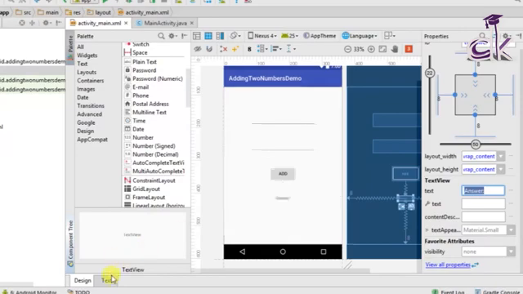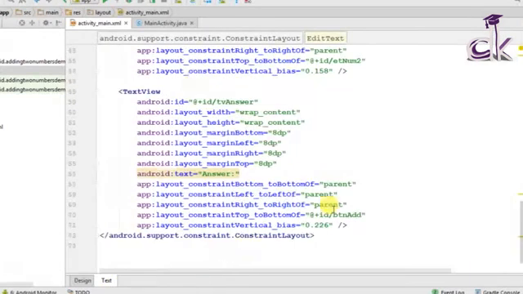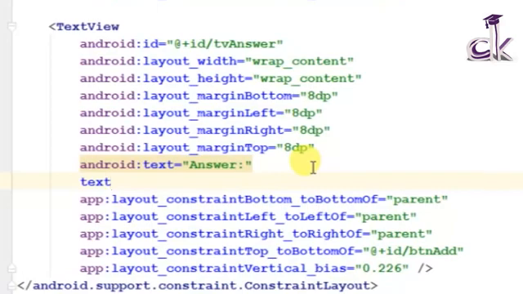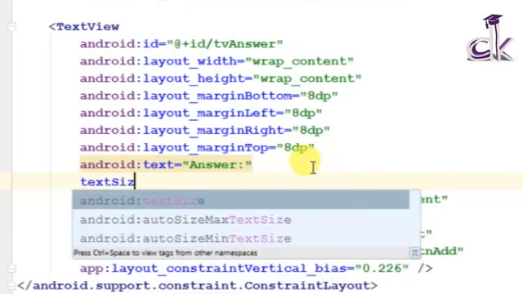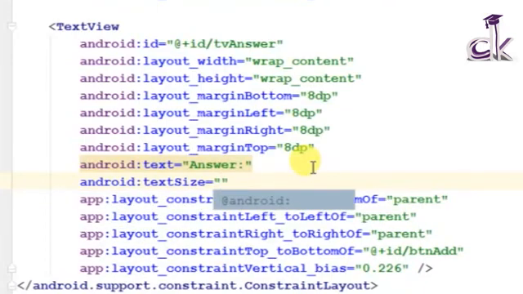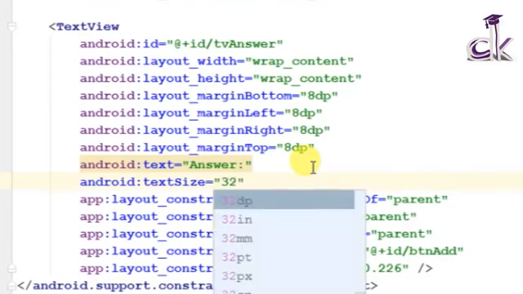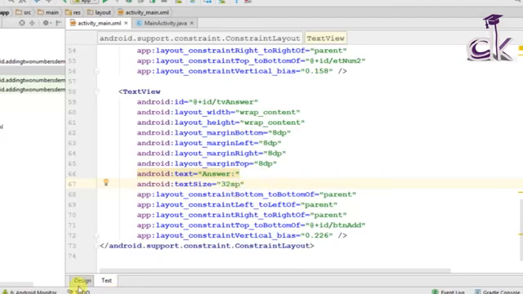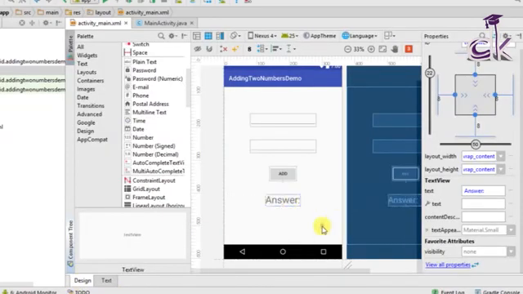So for that, you can go ahead to the text section and find text view. So under text view, what you need to do is add a piece of code. So just type text size, and you should have Android Studio autocomplete it for you. Please note the way in which I'm typing. I'm not actually typing Android text view. I'm just typing text view and then clicking on the autocomplete. So I'm just gonna give it the value of 32 scale independent pixels, SP. So if I see design now, it should be somewhat larger.